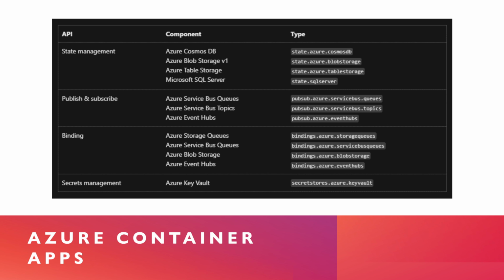So for that, we have, for state management, Cosmos DB, blob storage, table storage, and Microsoft SQL Server. For pub/sub, we have the Service Bus queues and topics and Event Hubs. For bindings, we have the storage queues and the Service Bus ones, and we also have the capability to interact with blob storage and Event Hubs as well. In case you want to manage your application secrets, you will easily be able to integrate Dapr with Key Vault